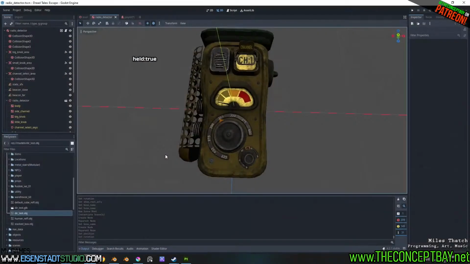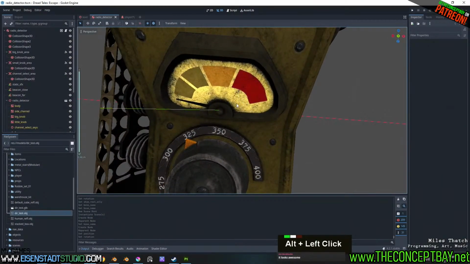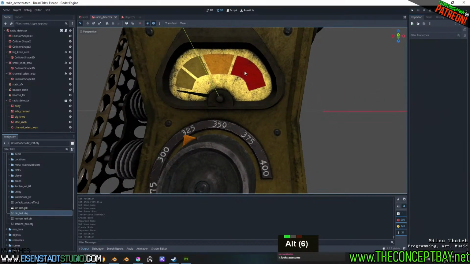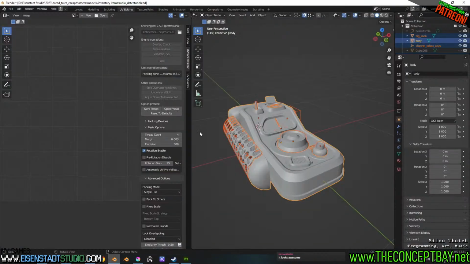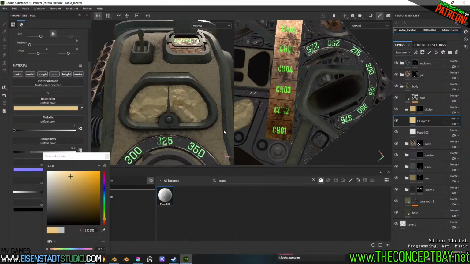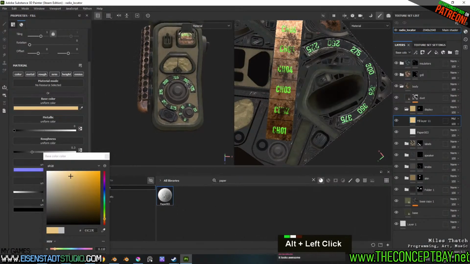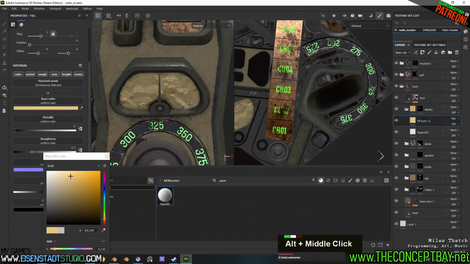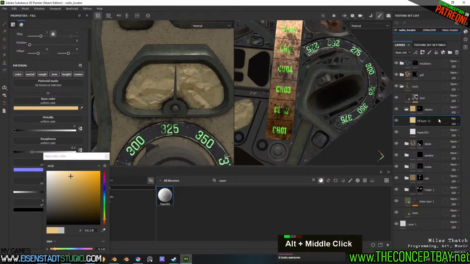Now, the label we had here was kind of this weird shape. Looks awesome. We'll see how it looks in the game. Appreciate it, but we'll see. Okay, so